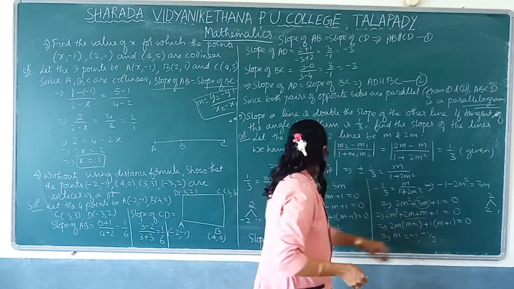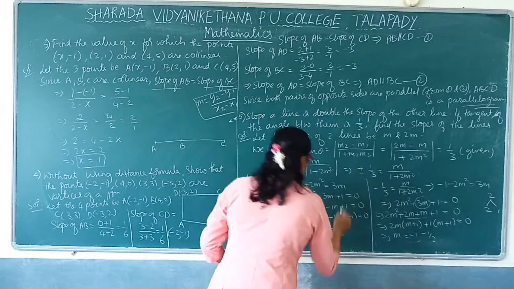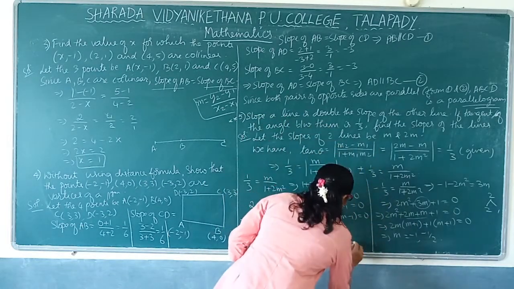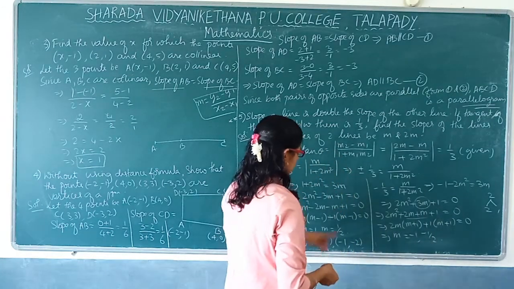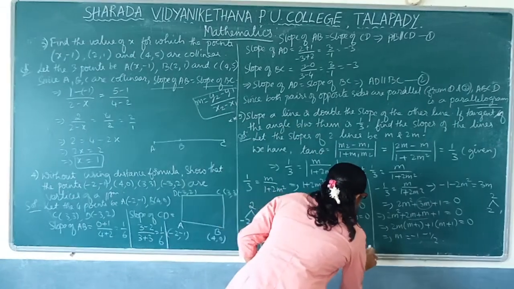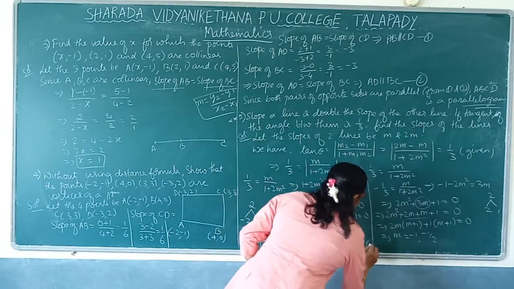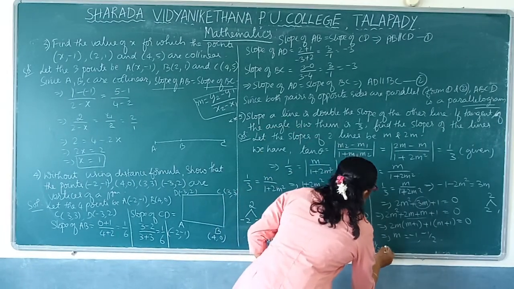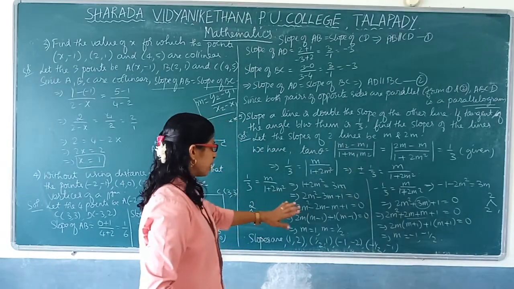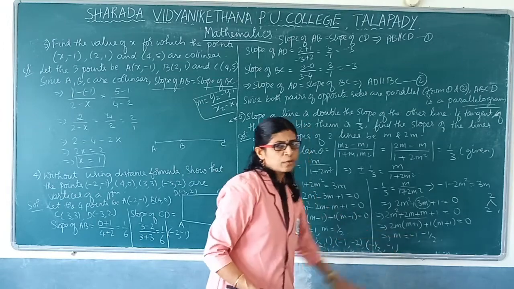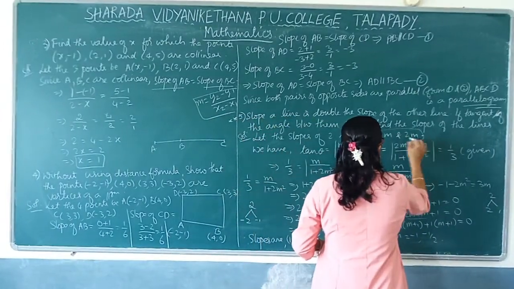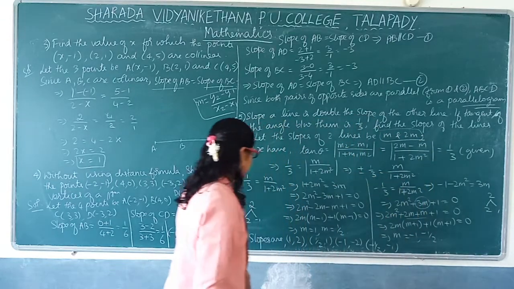For this value we have got. Now take this value. Minus 1, you substitute. When m is minus 1, what is 2m? Minus 2. Okay? When m is minus 1, 2 into minus 1 is minus 2. Then what if m is equal to minus half? When m is minus half, 2m is equal to minus 1. So these are the possible slopes. Okay, I have calculated using 4 values of m, isn't it? Just because our actual slopes are m and 2m, isn't it? So we have taken the double value.